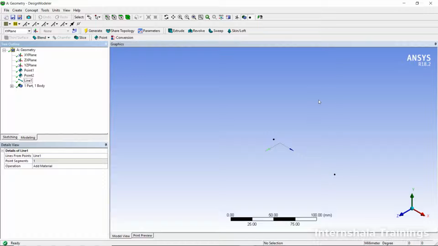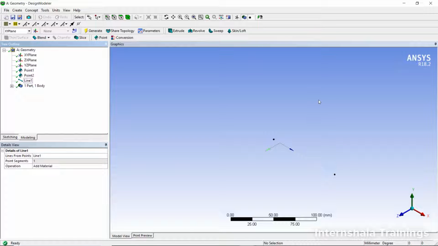But see, if you want to create a complicated object which has a number of points and a number of lines, how can you do it? Instead of giving all the points like this manually, it will be a very tedious task.